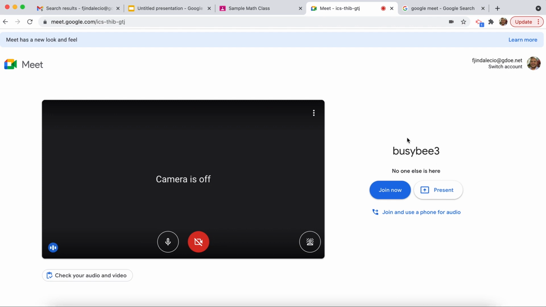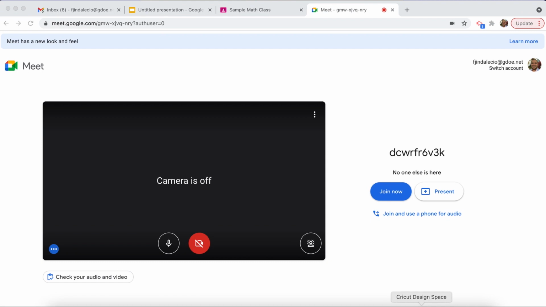And this is a quick way for you to get online without having to do any special setup or picking any particular date or anything like that. It's just a fast way of getting in. So let's go take a look at some of the basic functions. I'm just going to click on join now,